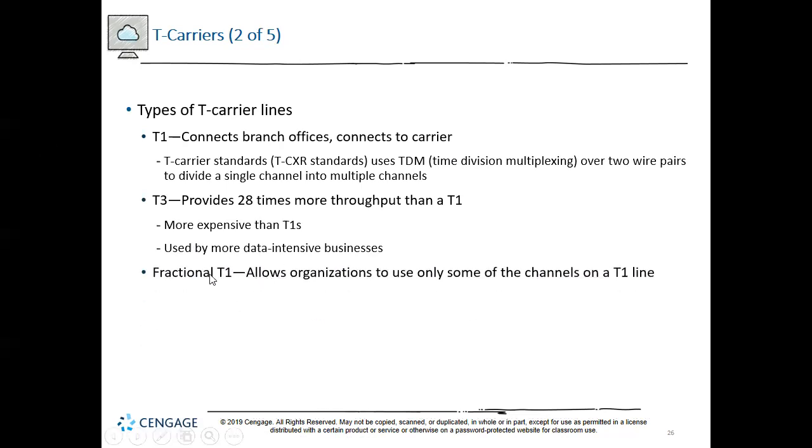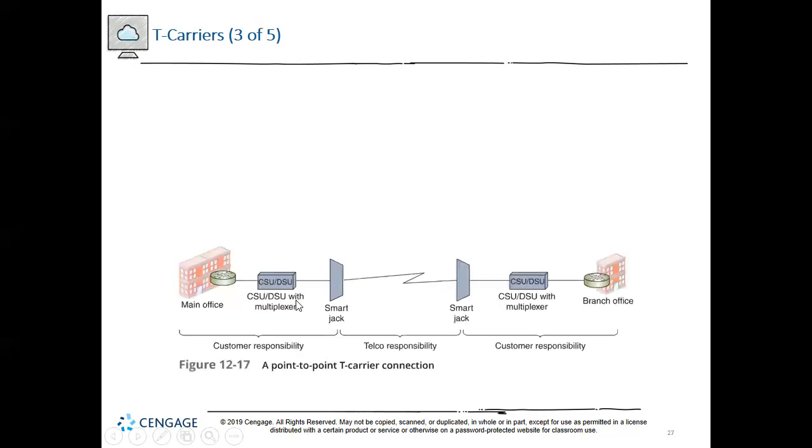Now we got this other one, which is maybe you want to have a lot of flexibility. You don't want to have to use all of that T1. You can have a fractional T1 so that when you're not using so much, you don't have to pay so much. You only have to pay according to the little bit that you use. All right, so